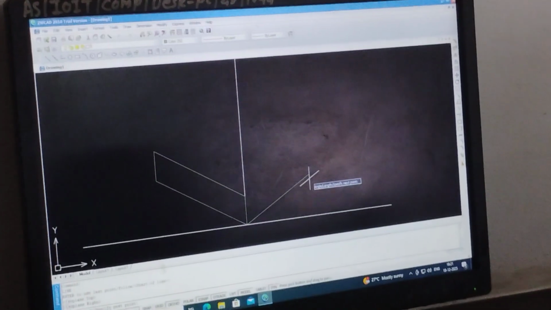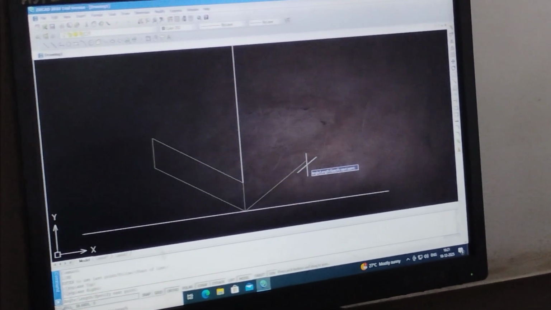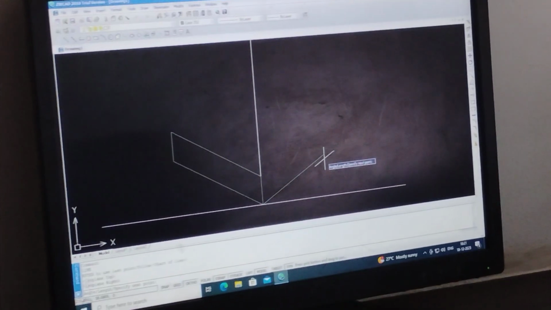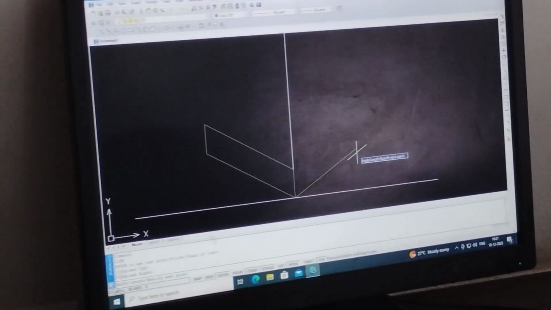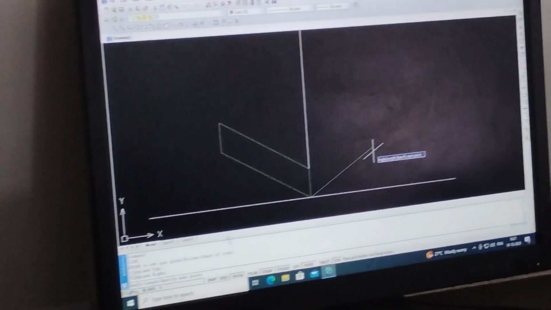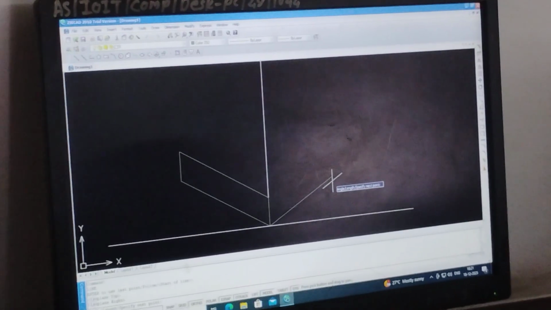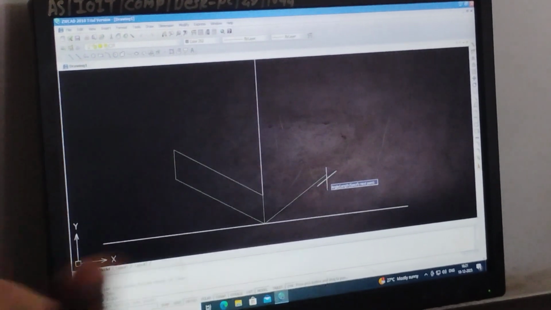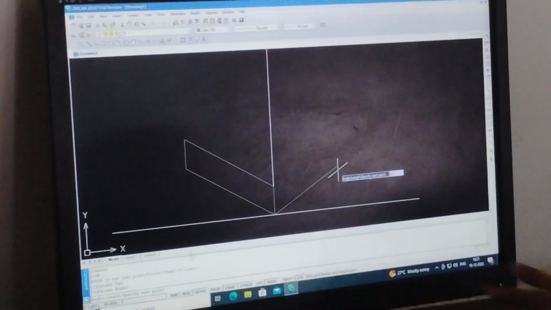How much is this distance again? Every time it will not be 68. What is the total width now? Total width. What is the total width? 60.